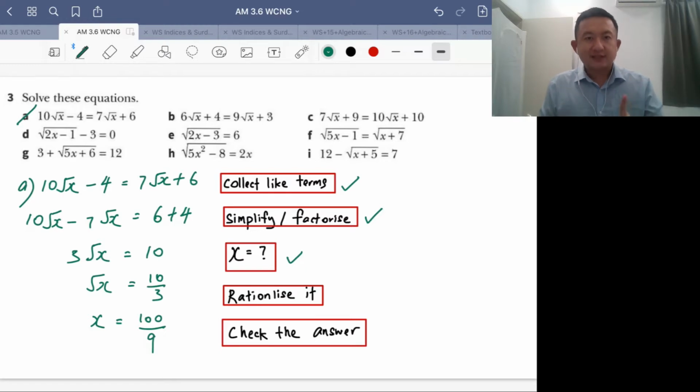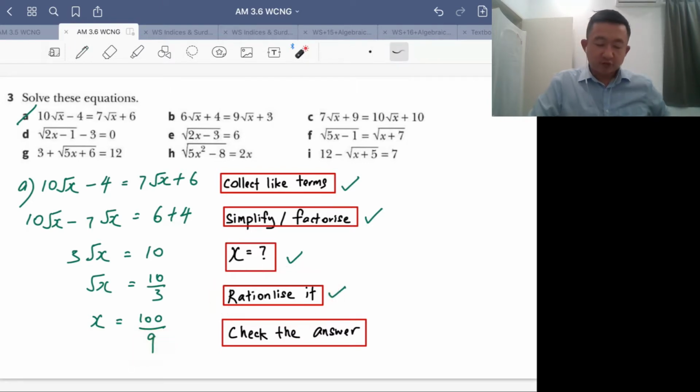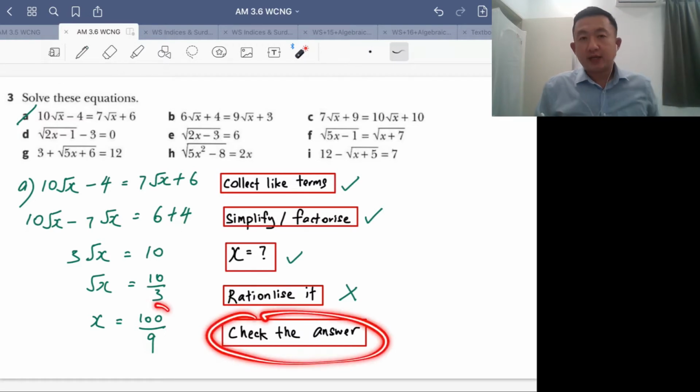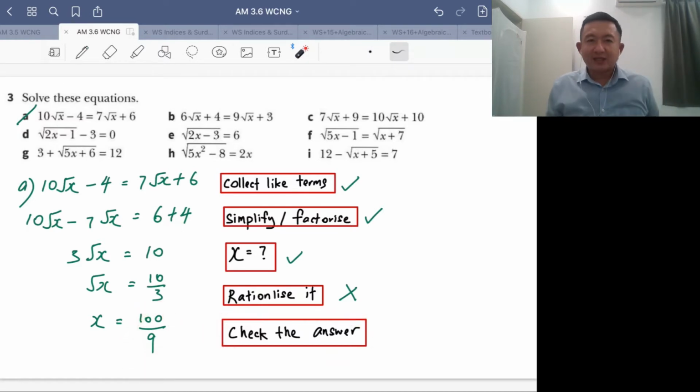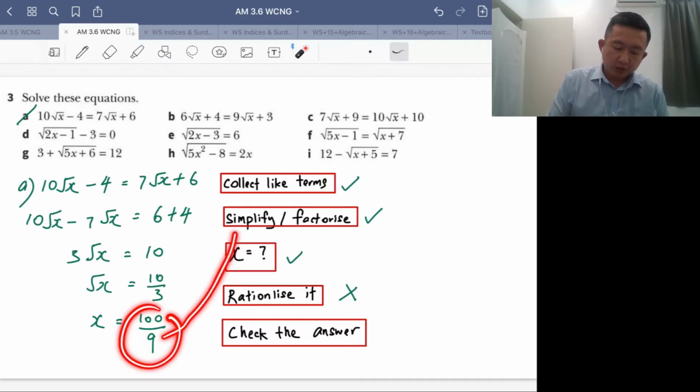However, this might not be the right answer. This might not be the solution. Before that, do we need to rationalize it? Is there any surd form as part of the denominator? No, you don't have to rationalize it in this case, but you have to check the answer. This might not be the solution. How do you check the answer? Since you know that x equals 100 over 9, you can always put this back into the original equation